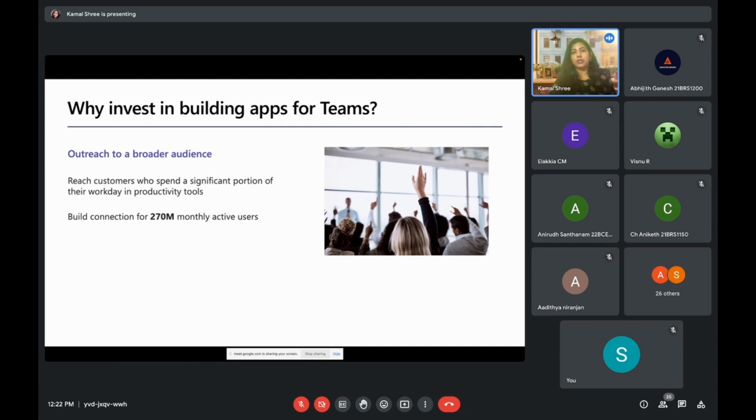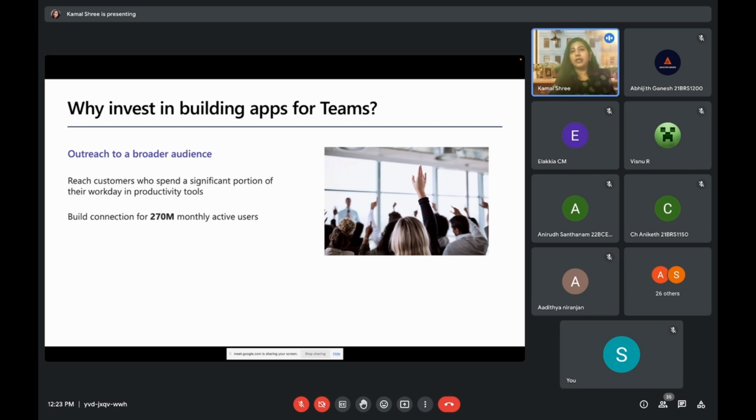Now, I'm in the Microsoft bubble and you are inside the VIT bubble. How do I connect these two things? Definitely, I'm not going to create a WhatsApp group, right? I will create a Teams. Even the people who are going to join this boot camp, all my discussion posts are going to happen on Teams. So that's how we are going to invest and connect. And that is how everything is already readily available for you. All you have to do is just connect those two bubbles.